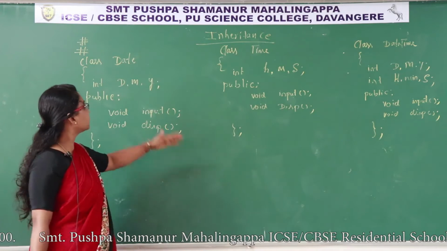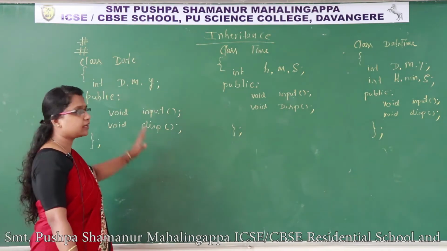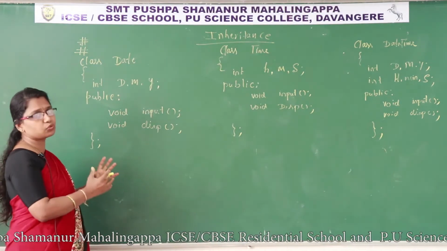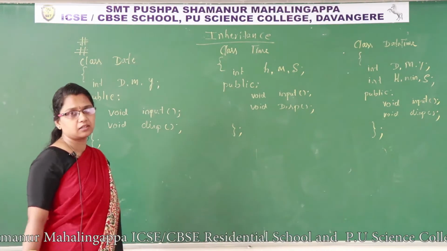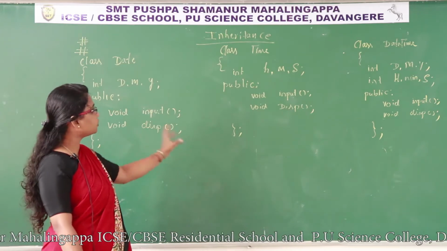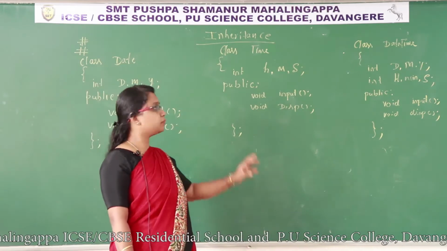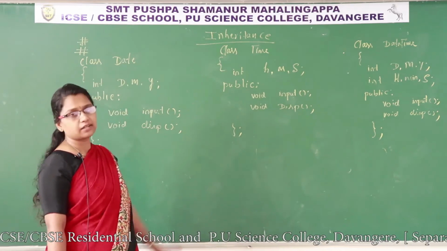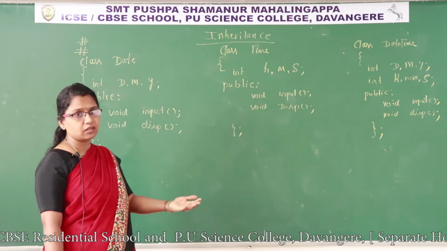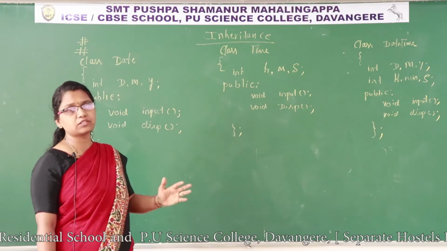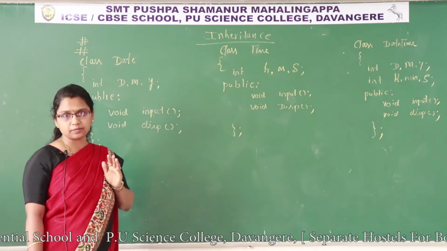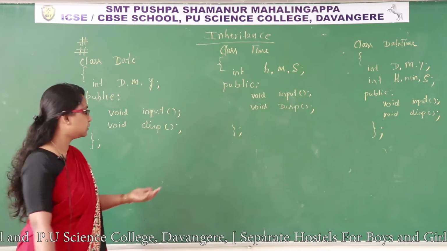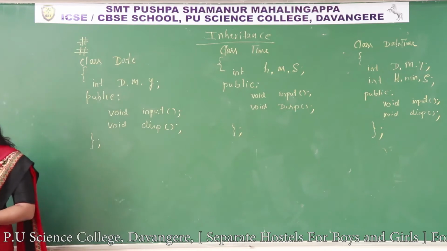Existing classes are there, date is there, time is there, already they have defined. So now I want to merge the features of these two classes into another class. Instead of writing all these features again in the other class, I can make use of the existing class features from that class. So in such situations, we have to inherit the properties of one class to another class. If you consider a customer or an employee, I'll take another class.